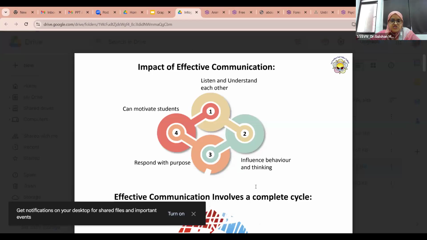Yes, effective communication involves a complete cycle. As a language teacher, we know that there are four skills: listening, speaking, reading, writing. LSRW, there are four skills. So communication is also a very important skill in languages, and how a good communication